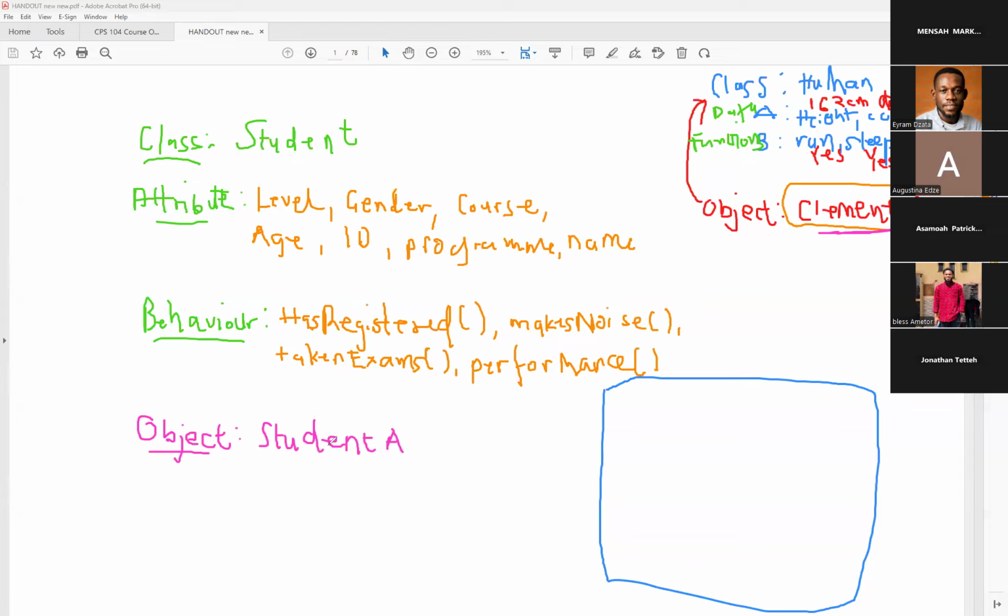So student A or student 1 can be an object of the class student. Student 1 should have a level. So maybe student 1 is in level 100. Student 1 is a female. Student 1 is doing CPS 104. Student 1 is 19 years. Student 1 ID is